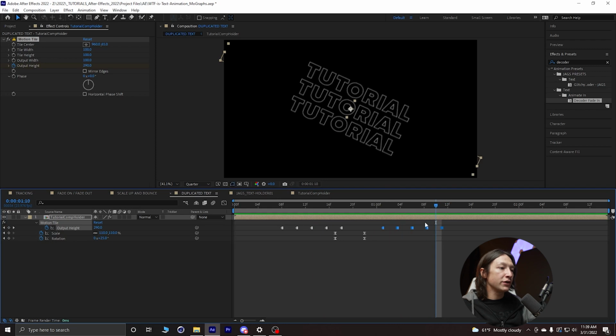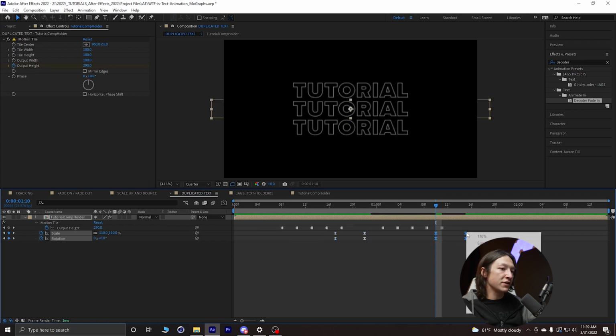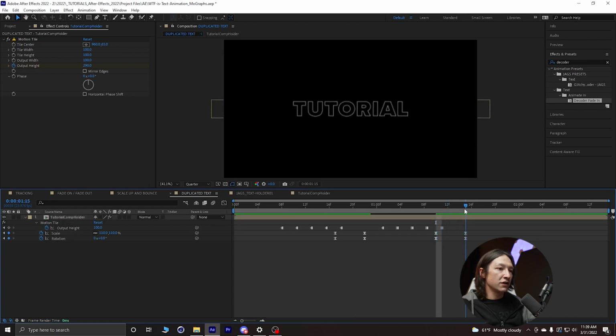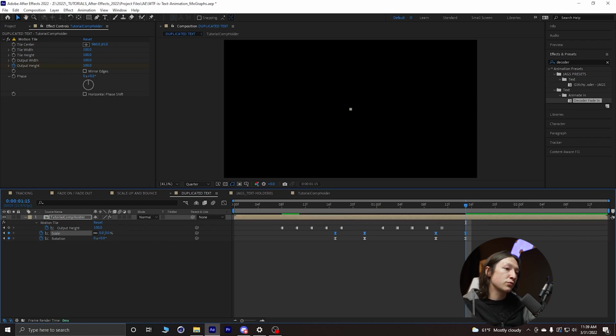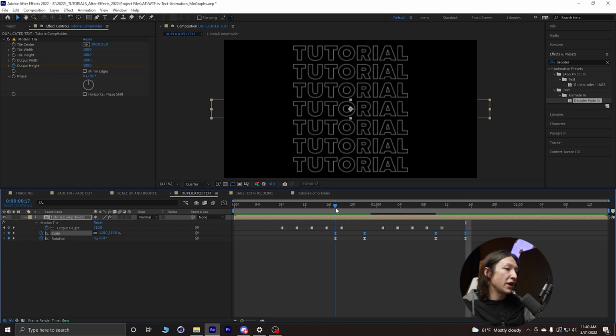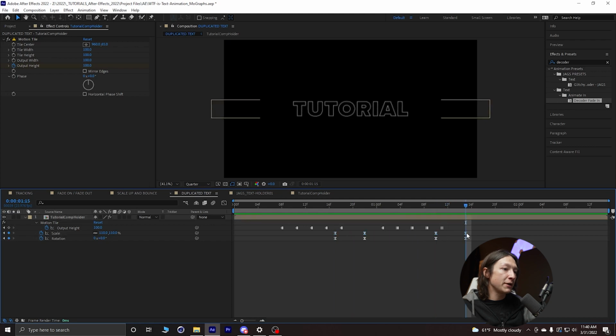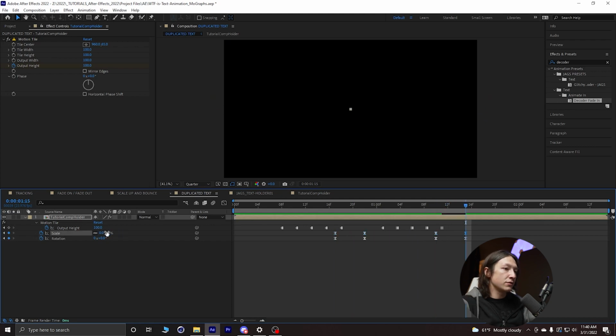comes down, but what I want to do now is duplicate the scale and rotation keyframes, copy them, and then paste them, and then I'm going to do the same thing, time reverse, and then for this last keyframe, for the scale property, I'm actually going to set it to 0%, so the text will animate out completely. Now I realize I made a little boo-boo when I set the scale to 0%. I had all of my keyframes selected for my scale, so it changed all of those keyframes. So instead, I just want to make sure I have that last keyframe selected, set that to 0, and then if I play this back,